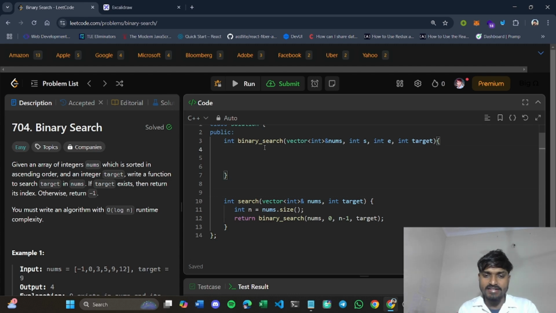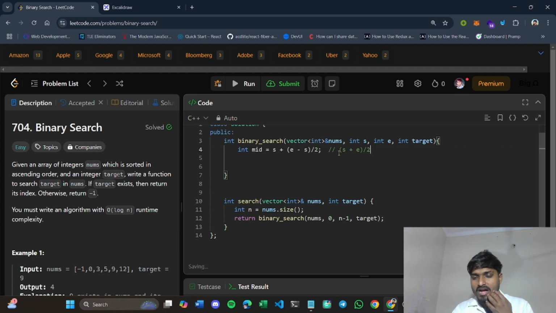So initially what I had said, you have to find the mid index. So how you will find mid index, let's call it mid, as in the previous video we had talked about it. You will basically do s plus e minus s by 2. So why am I finding the mid index using this approach, and not by using s plus e by 2?